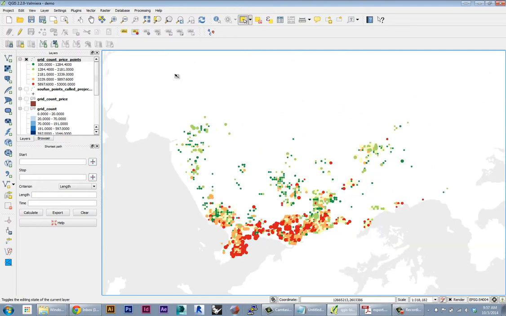So once I have my final map, the last thing I'll go over is exporting your map to a PDF, because eventually once you have this map built, you want to save it as an image, as a JPEG or a PDF file. So to do that,